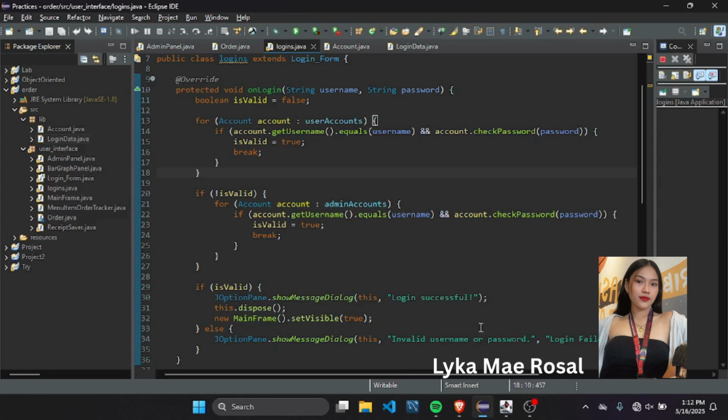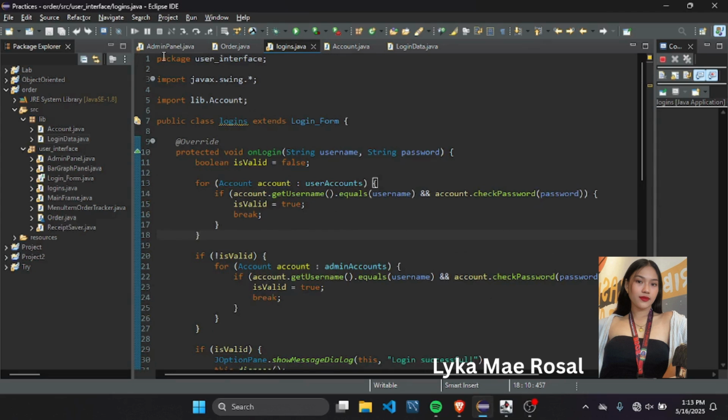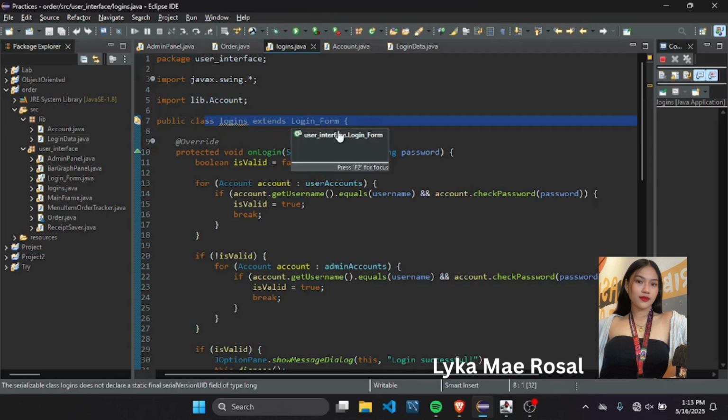Get next receipt ID method. This private static method getNextReceiptId generates and returns the next available receipt ID by reading and incrementing a counter stored in a file. First, it checks if the file RECEIPT_COUNTER_FILE exists. If it does, it reads the current ID from it. Otherwise, it starts from 0.